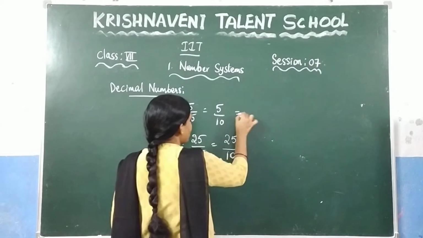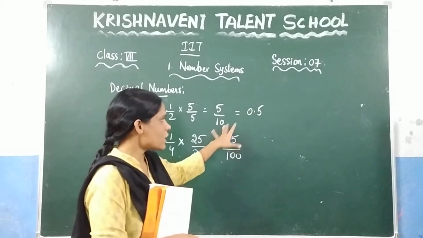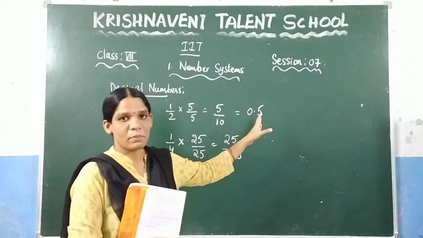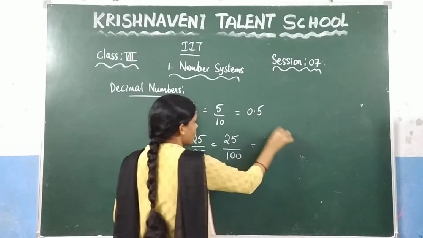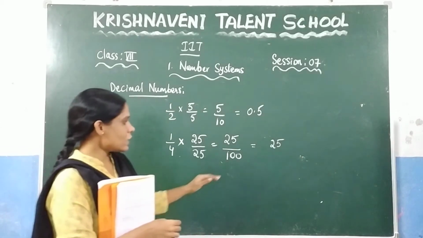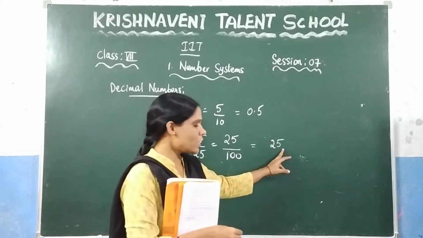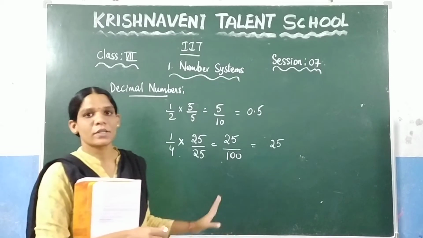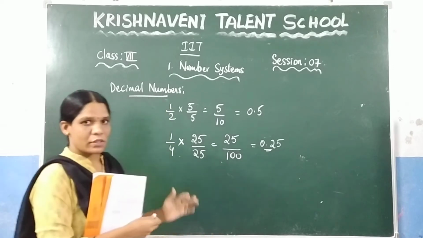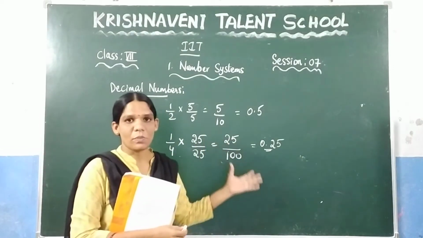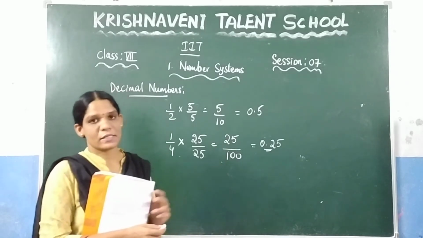Here, this one you can write as 0.5, right? Because in the denominator 10 is there. Starting from the right, you need to count one digit, and before that you need to keep the point. Similarly here, the number in the numerator is 25, and check in the denominator how many zeros are there. Since 2 zeros are there, starting from the right, you need to count two digits. Before that, you need to keep the decimal point. 1, 2, here you get the decimal point. So, if the denominator is a multiple of 10, such numbers we call decimal numbers.